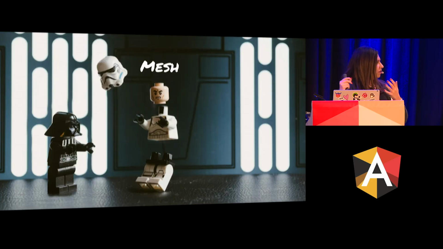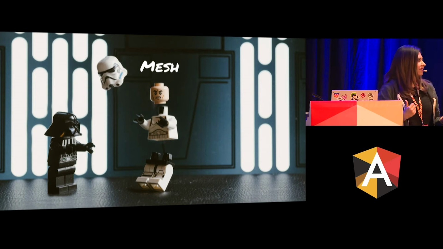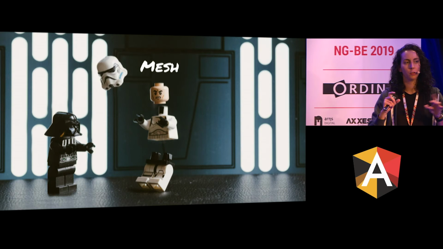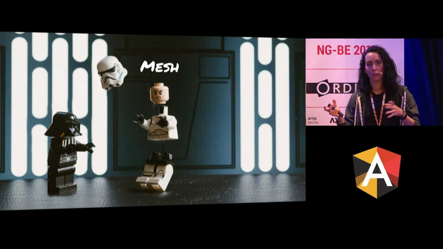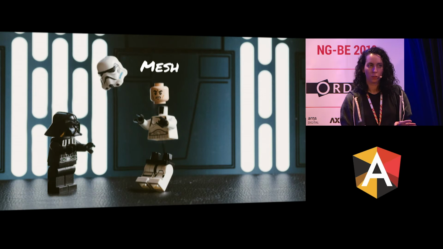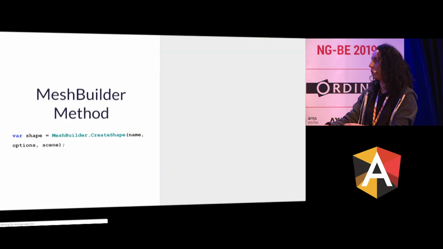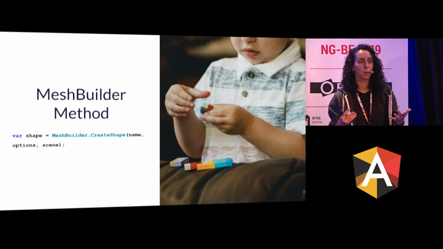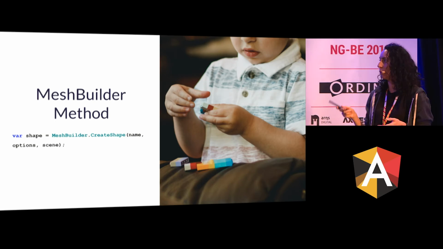But up to here, all the phrases that we use were pretty familiar. But what is a mesh? So mesh is basically the objects that we're going to put into our scene. They're normally made out of triangles, so if you're using Blender, you might already be familiar with this. But don't get too scared, because the cool thing is that babylon.js already has meshes integrated, so you can use a ready-made mesh. And to do so, you use the mesh builder method.